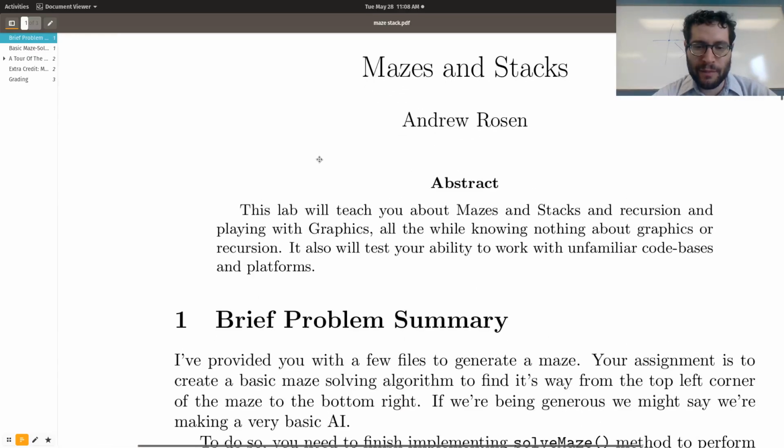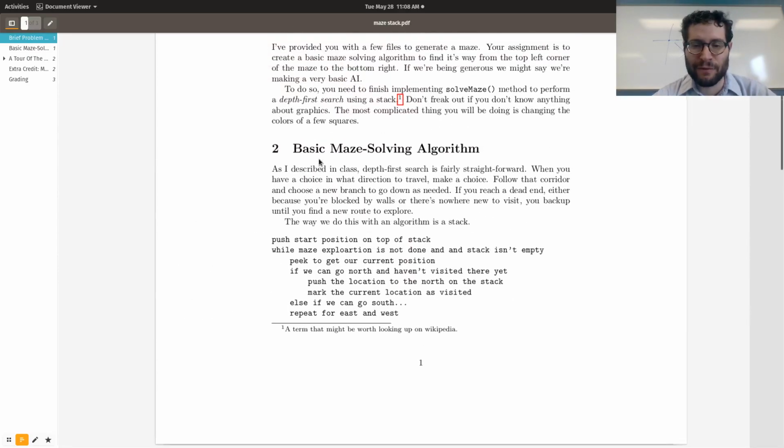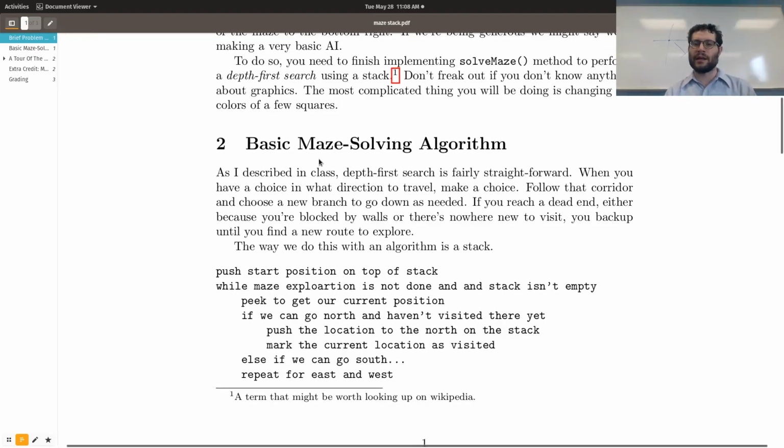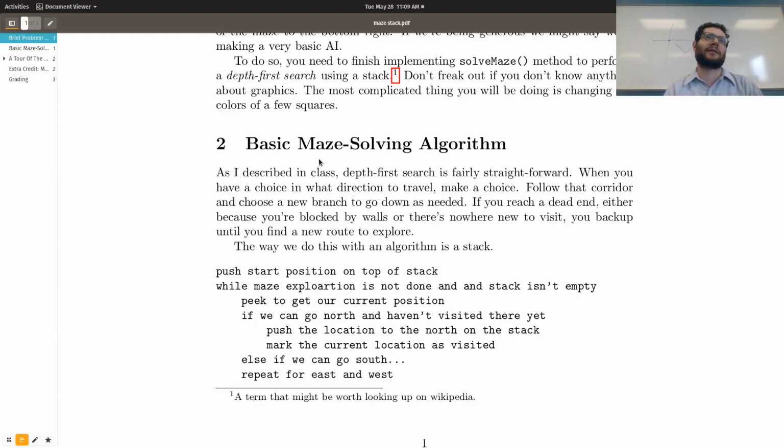All right, so the basic maze solving algorithm is actually fairly straightforward. It's like, if you're familiar with the Greek fable of Theseus and Ariadne and the Minotaur, the entire idea of getting through the labyrinth is that Theseus was given a bunch of thread by Ariadne. And so we're just simply giving